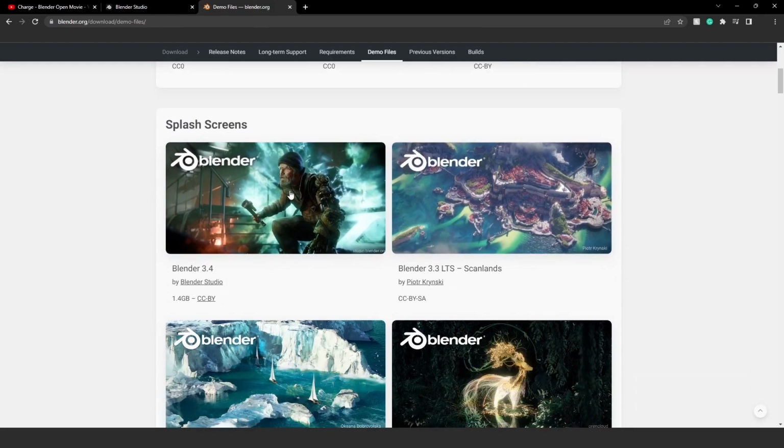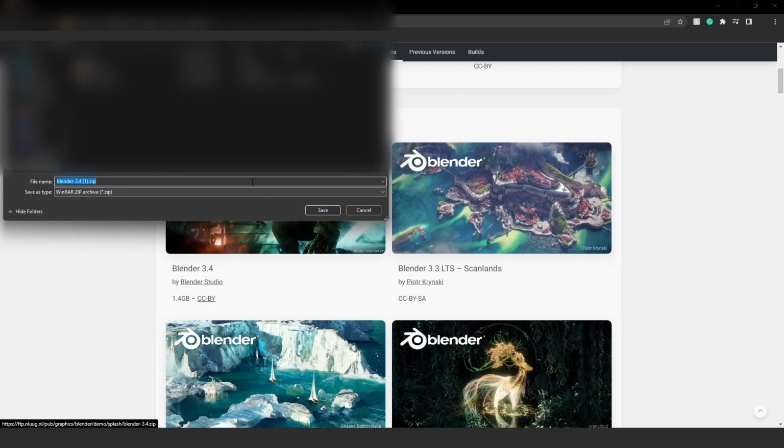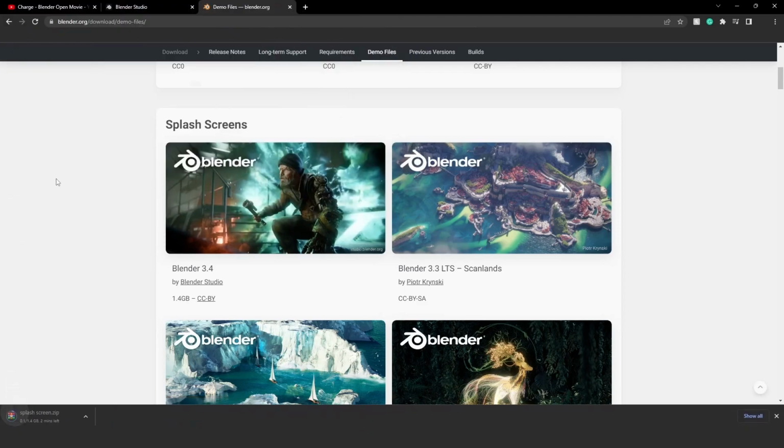So right here, we have the splash screen of Blender 3.4. And if you click on this, you can download it. Give it a nice little name. Splash screen. And this will download. I'm going to cancel this because I've already done it. And if you go to wherever you downloaded it, and you extract the files, you have this blend file here. And if you open this,